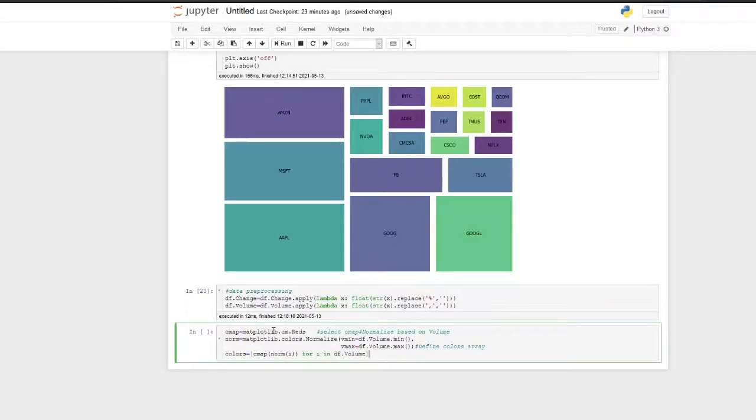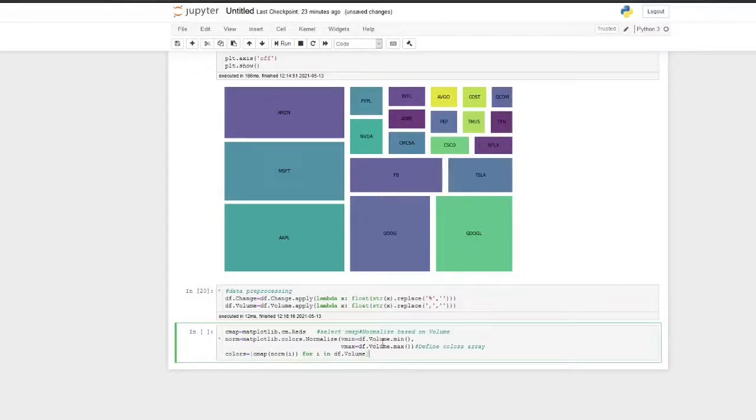So we have to select a color map from matplotlib.cm. Then we have to convert it into a string. To do that, we have to use the minimum value and maximum value of whatever measure we are using, and then for each value we have to get the corresponding shade of the color. So I will use cm.Reds.